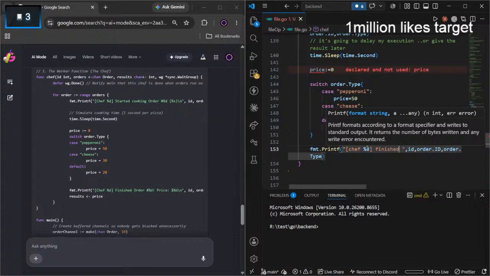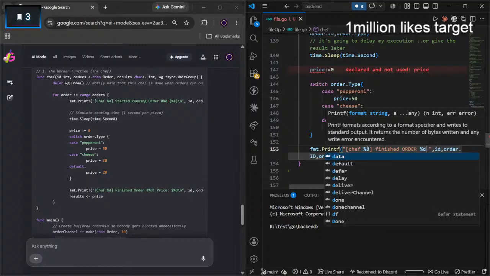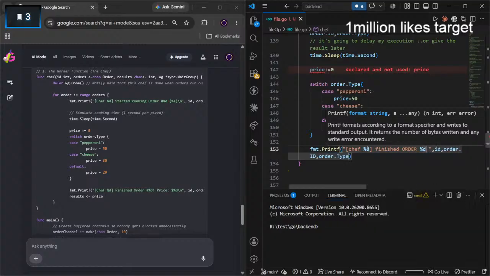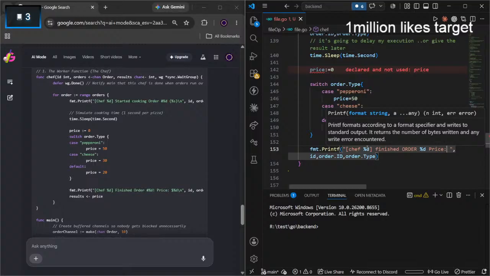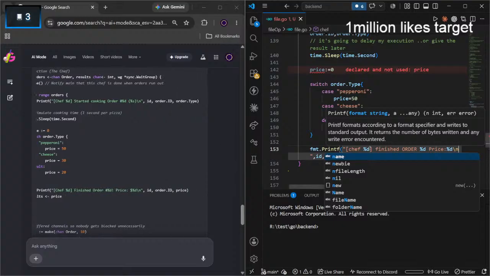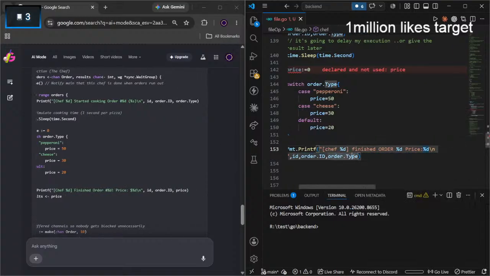And order of type going to be my type of pizza, and finished order, order b again. After that, price of d slash m, which is going to be my price. I don't need the type here, I need a price.